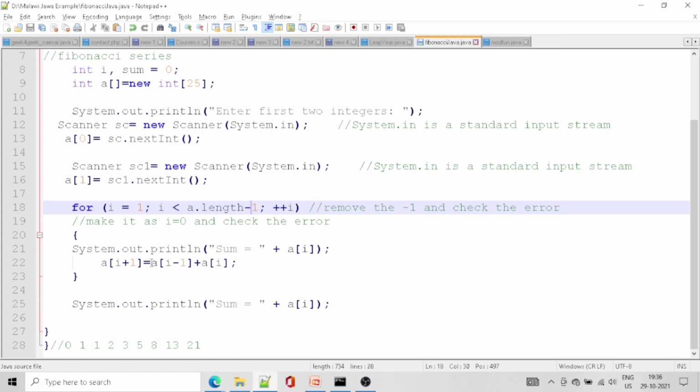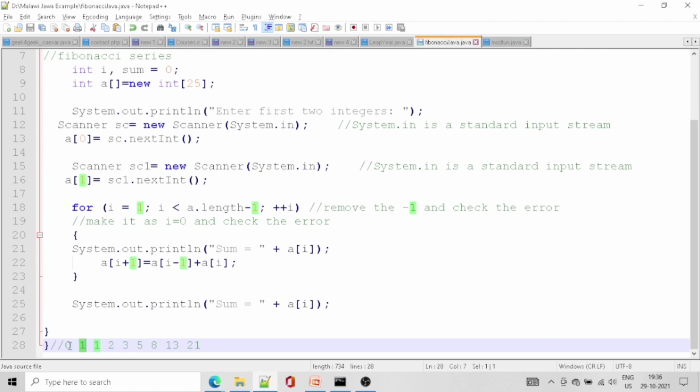Inside the loop we are providing the sum value, a of I. The first value will be printed. Now a little confusion is going to start, because this is the 0th value and this is the 1st value. These need to be added and stored in the third one.